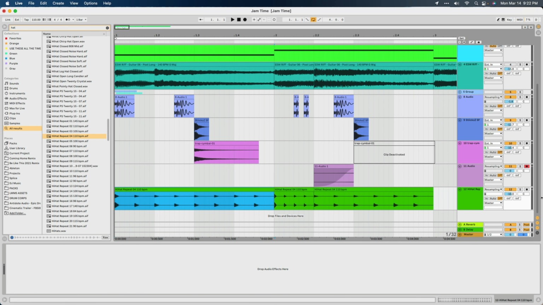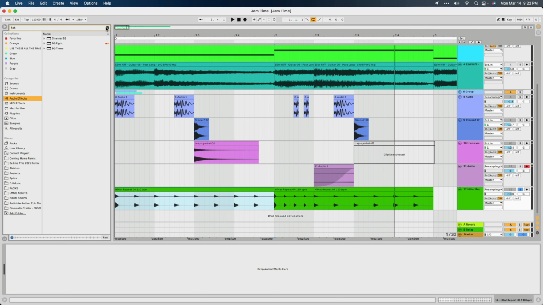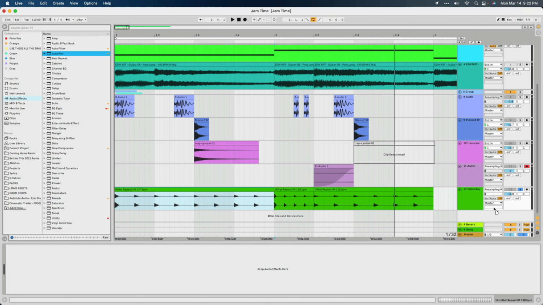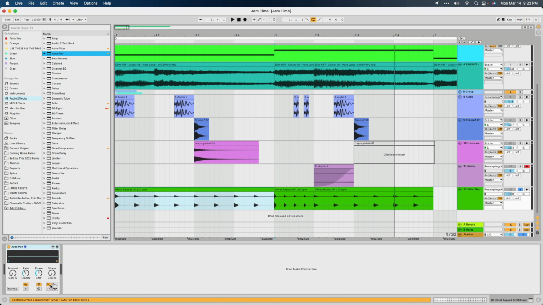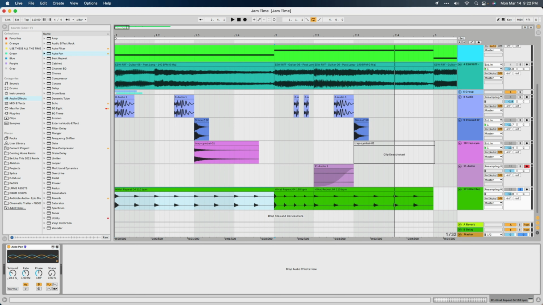Then I just added a very simple hip hop hi-hat. And I'll do some other stuff here to give it a bit more dynamic. So one thing I like to do, just to give the hi-hat sometimes a bit more, you can pan them to the left or the right to give them more space in your mix. But I use this tool called Auto Pan, and I use that to give it a little more movement, and it just does that automatically, which is a really nice feel to it. It gives it more space. So altogether we got,